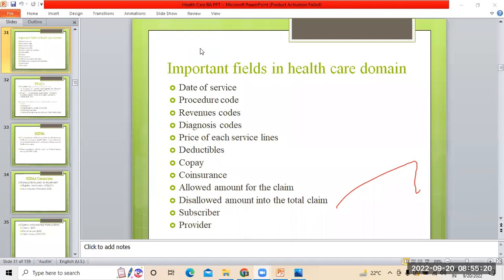Next point: can we get the presentation document used for business analyst training, since we moved on to the industry specific part? Initially, the screenshots in reference to my training were pasted in the Word document and I have shared it with you. In the same document I will be posting my presentations, whichever is needed, and share it with you so that you can go through that. And this is for the question from Saurabh Shrestha.